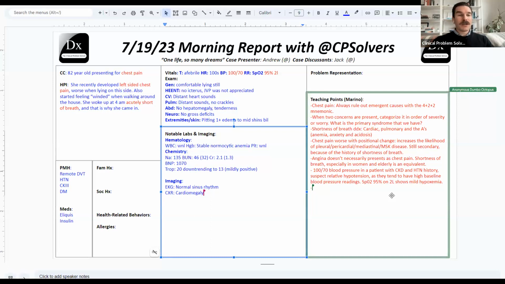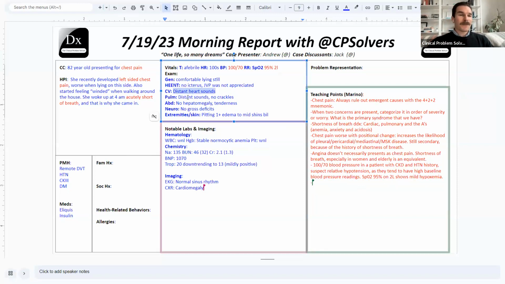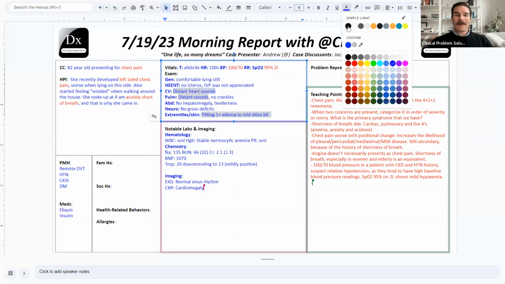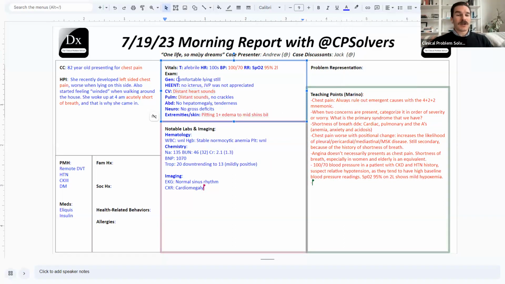And if I'm going to put those two together, I tend to put more weight in my detection of lower extremity edema than the JVP. You all may be much better at the JVP exam than I am, but when I see it, it's super helpful. But when I don't appreciate it, there are many reasons that I may not see it beyond the fact that the person isn't volume overloaded. And so, Andrew, I suspect that you have much more adroit physical exam skills than I do. And I don't want to say that the absence of JVP means there isn't volume overload, because it's just one piece of data that we use in getting the overall assessment of volume status.